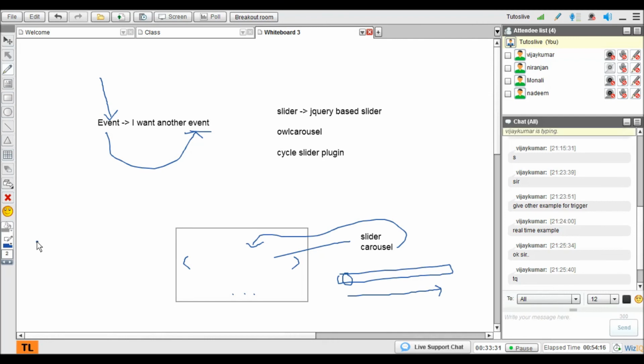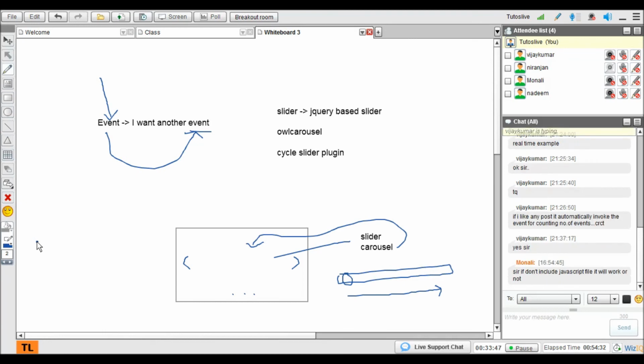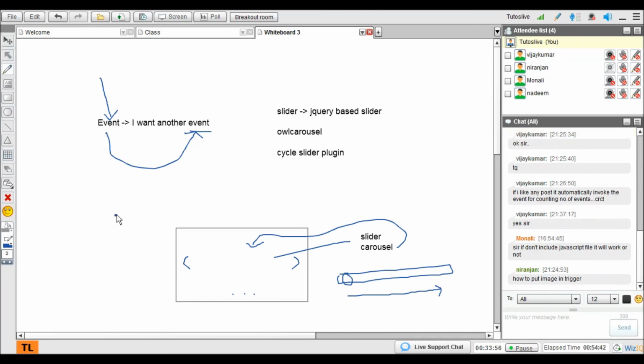You guys can now implement sliders, right? Which JavaScript file? No, it won't work. You have to include those two JavaScript files.